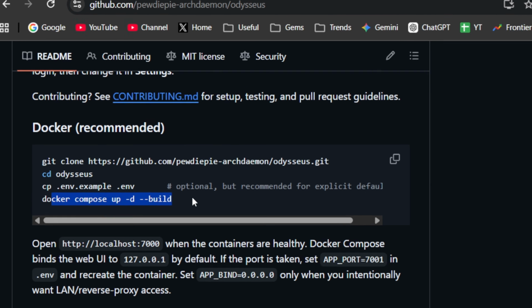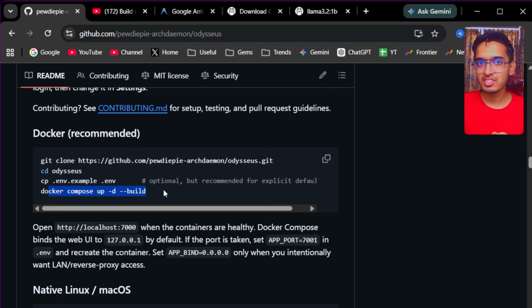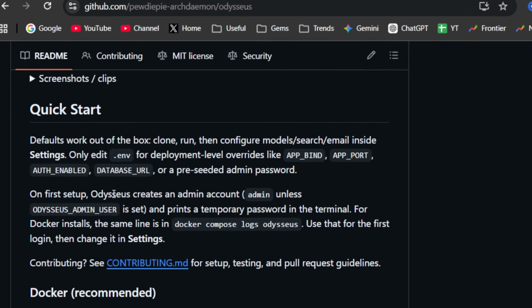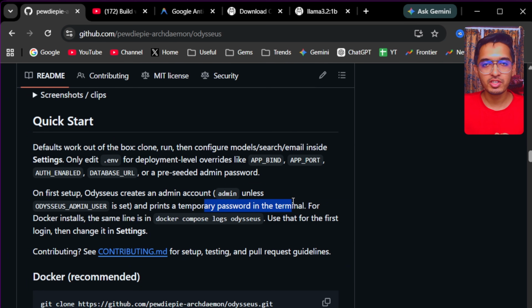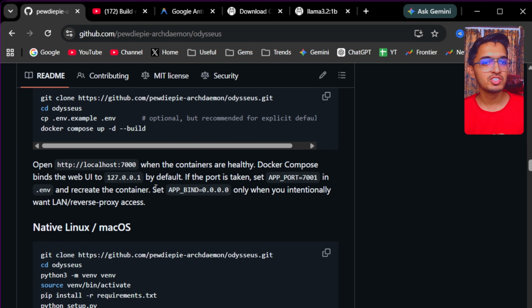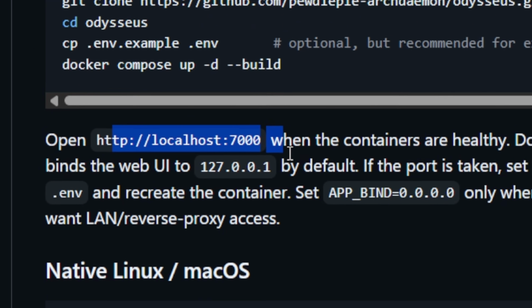With a simple Docker compose rebuild instruction, it will download all the necessary components and also spin up the entire AI workspace. The first time you set up the tool, Odysseus will automatically create an admin account for you and generate a temporary password in the terminal logs. And once the installation finishes, you just need to go to the localhost URL and access the brand new dashboard